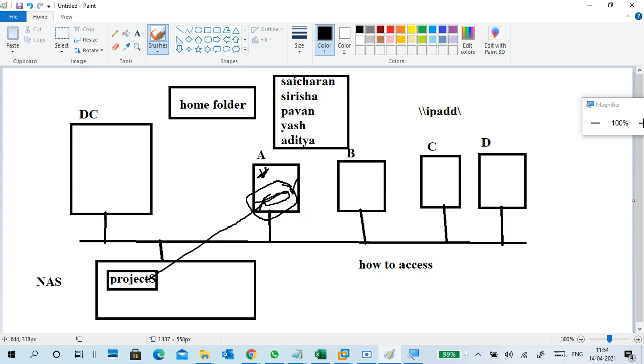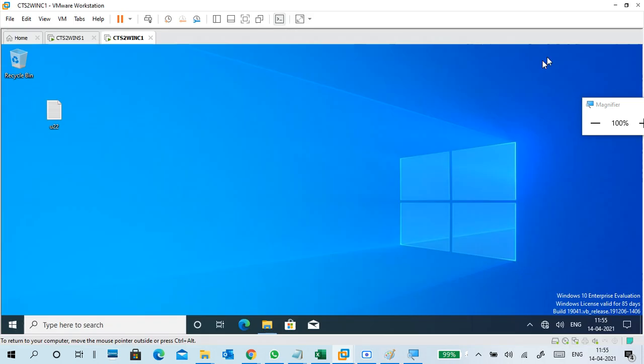This means the home folder data can be accessed by multiple users. Wherever the user logs in, they can access this data also. So we'll see that now.